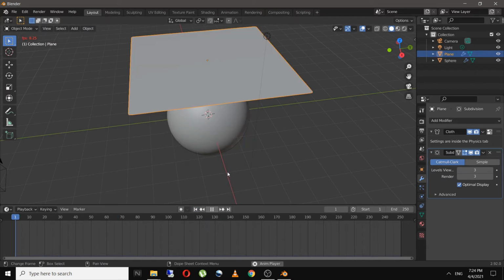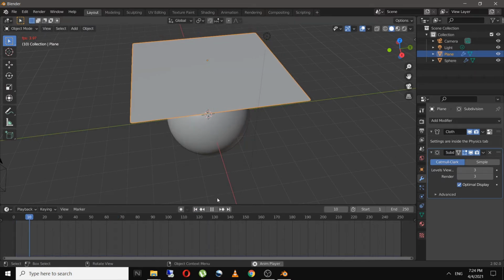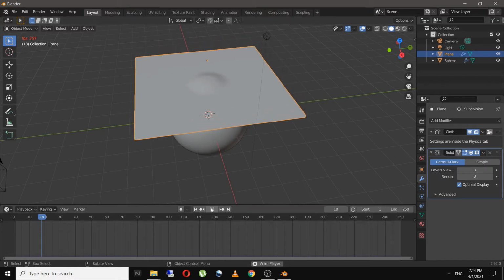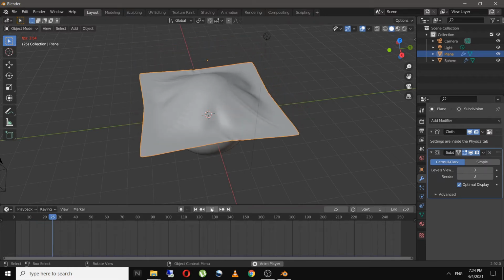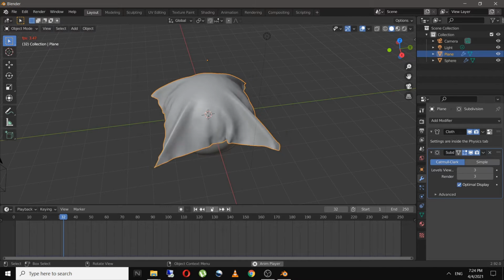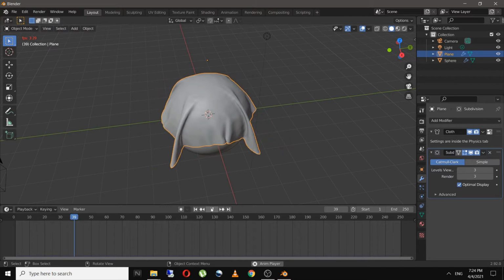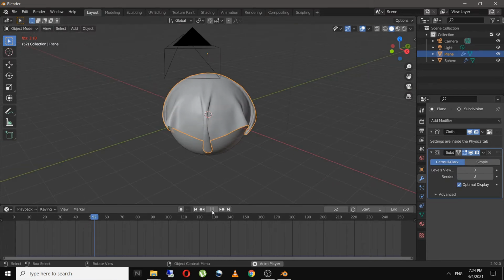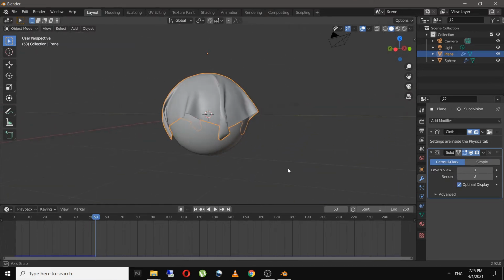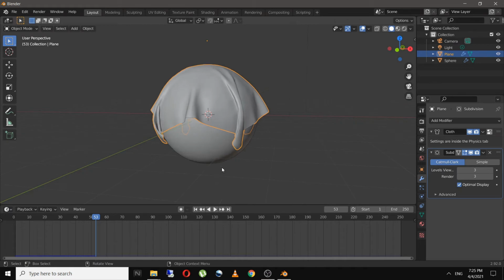And now if we play our animation, as you can see, our viewport became very slow. That's because we have increased the viewport level to 3. If you decrease one level to 2, this will become a bit faster. And if you go to material preview shading,